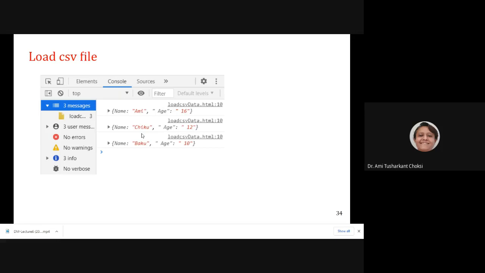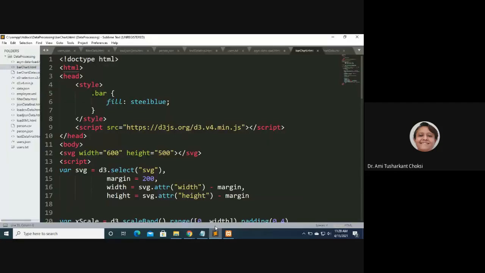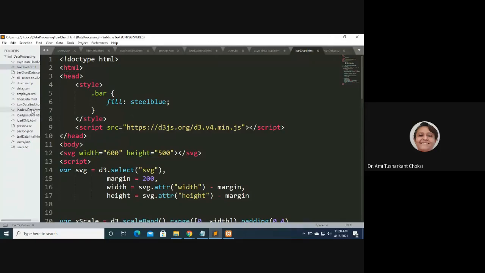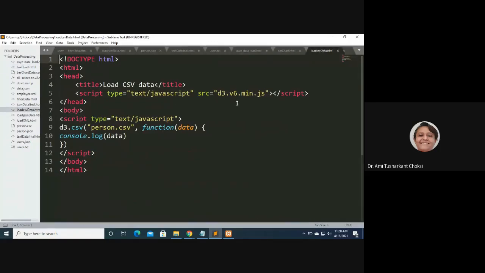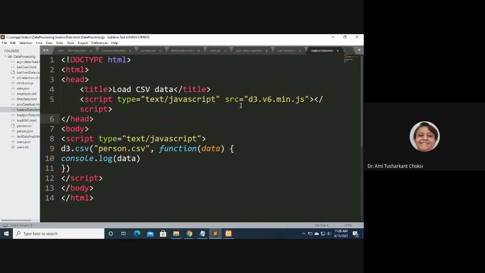Now let's see that. This is what I have shown you in the screenshots. Let us open that in our HTML editor, run it and see that. For that, let me show you. We are using the Sublime editor. What was our aim? That is to load the CSV file, right? So I have this load CSV file. It has the same content as we have just seen, right? Let me just increase the font size so you can see it properly, fine? So this is the same file which we have seen.